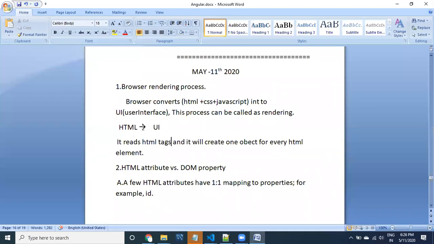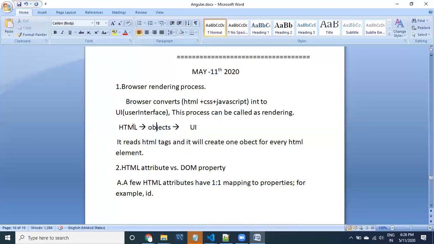See what it is going to do before displaying HTML in the UI. Internally, it is going to create objects. Every HTML element is going to be converted into an object, so multiple objects are going to be created.